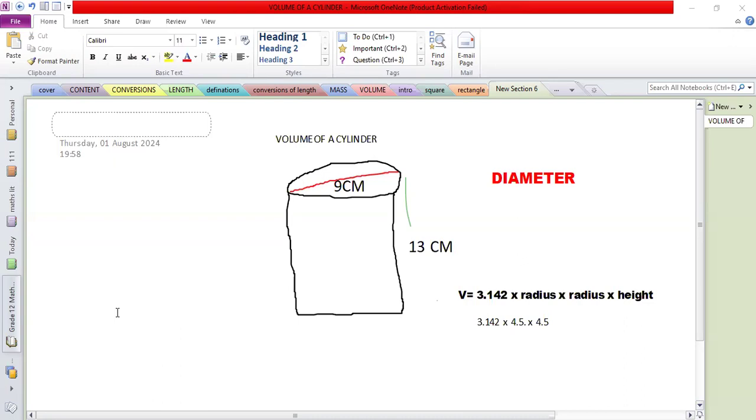Sir, what if they give the volume of a rectangle as 4,845 cubic meters? Let me write down the number. They give the breadth as 17 meters and the height as 15 meters. How to calculate the length? Okay, good question. You were using the numbers that we were calculating with?